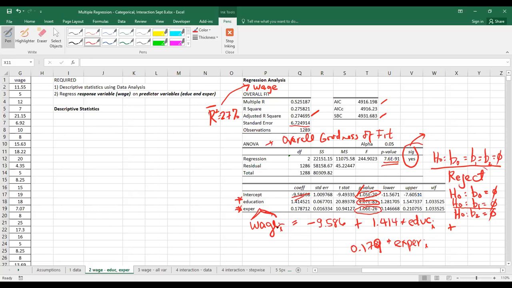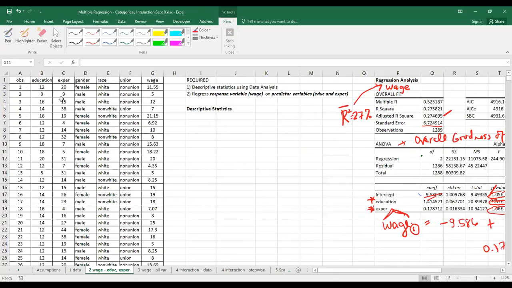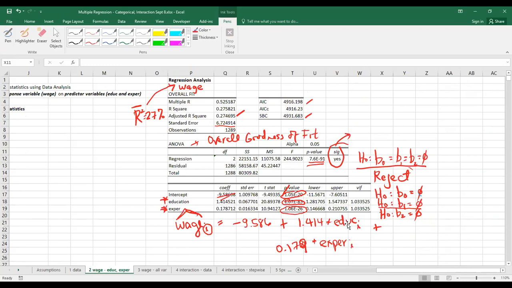pag-predict natin, kunyari first observation point, so wage sub 1, ibig sabihin yung unang observation natin, ang predicted niya will be equal to negative 9.586 plus 1.414 times education sub I, yung education niya. Okay, so sino ba yung observation 1 natin? Kunyari, observation 1 natin is this person with 12 years of education and 20 years of experience. So kung i-replace natin dito yung education is 12, experience is 20, makukuha natin yung predicted wage ni person number